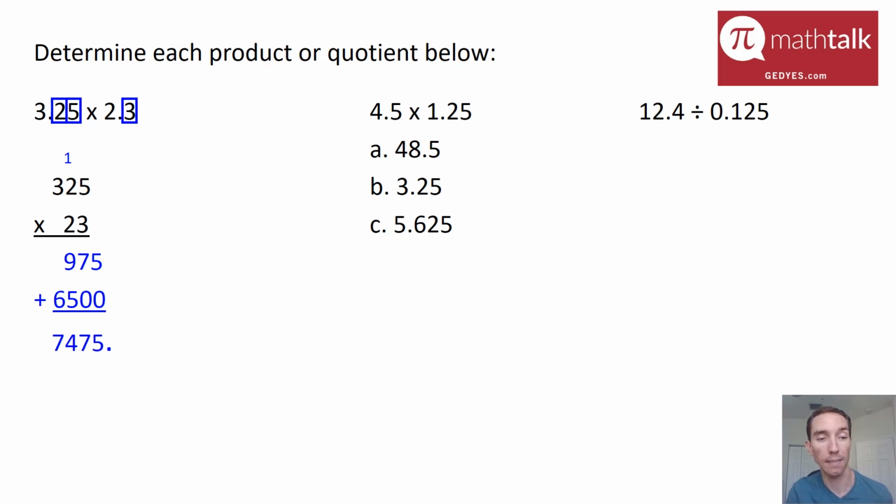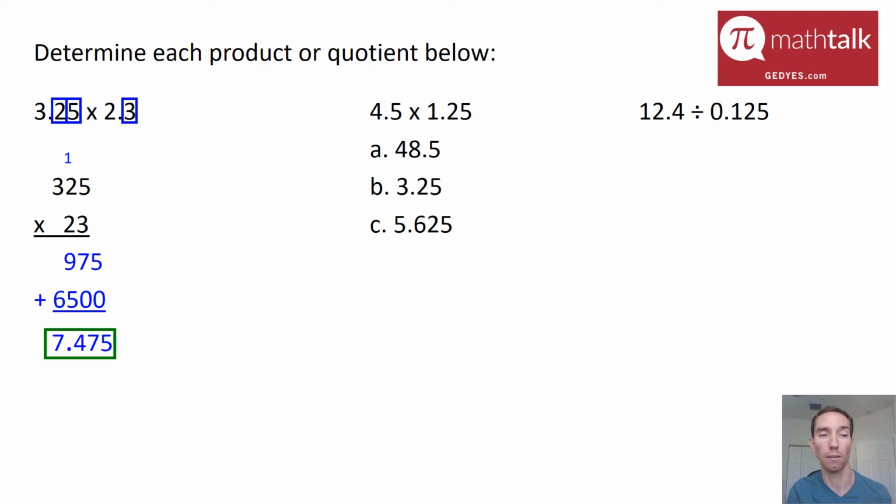And so that imaginary decimal point is at the very end of my answer. And the trick is you're going to move the decimal point to the left however many digits there are after the decimal points in your original numbers. In this case, there are 3 digits, the 2, the 5, and the 3. And so I'm going to move my decimal point in my final answer to the left 3 spots. So 1, 2, 3,